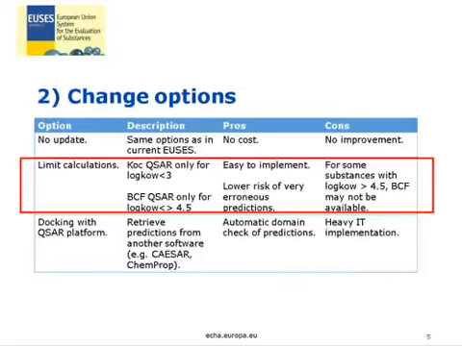So the change options are in fact 3. The first one is there is no update at all, so the same options as currently implemented in EUSES would be used. There are no costs and also no improvement. The second option would be to limit the calculations, so the KOC would be allowed only for a log KOW smaller than 3, and the BCF only for log KOW below 4.5. It's easy to implement and a lower risk of very erroneous predictions, and for some substances with a log KOW above 4.5, BCF may not be